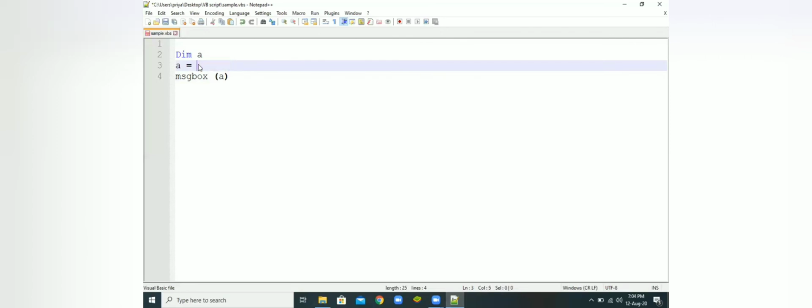I also need to mention one more thing. We can also declare a date, assigning a date value to the variable. I'm giving a particular date here.